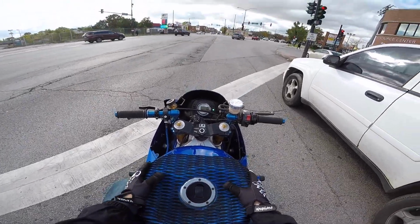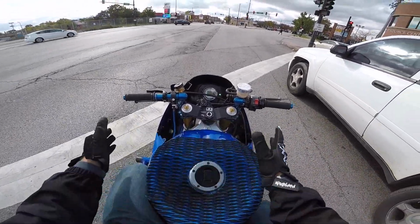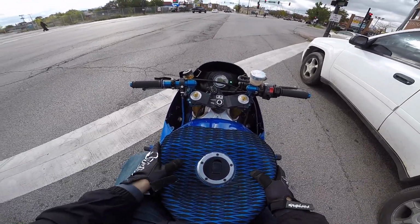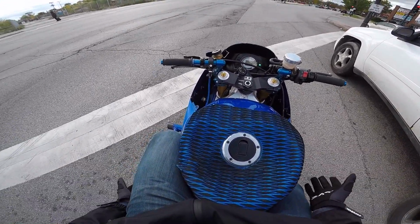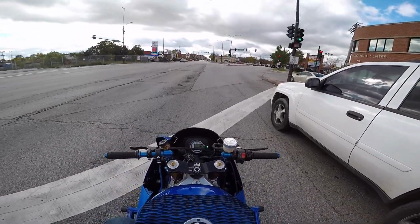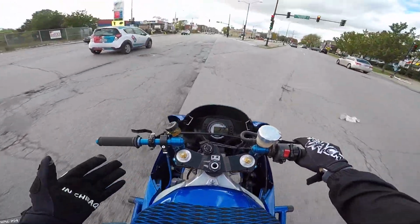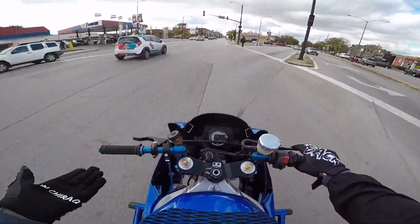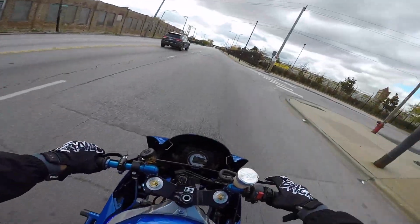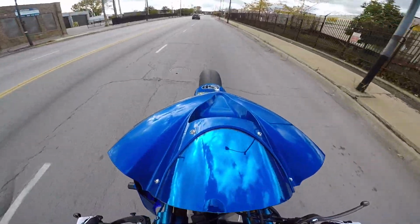Really hope this bike goes to a good home, man. I really want a stunt rider or an upcoming rider, period, to have this bike and to give it a good home and to give it the love that it deserves. It really does deserve somebody to ride it every day, to ride it hard, scrape 12, to roll stoppies. It deserves it. This bike wants to be a hooligan. It wants to stunt ride. It's a stunt bike. Let me do my last and final wheelie on this girl, as I know she's gonna go to a good home. I know she's gonna do a whole lot of good